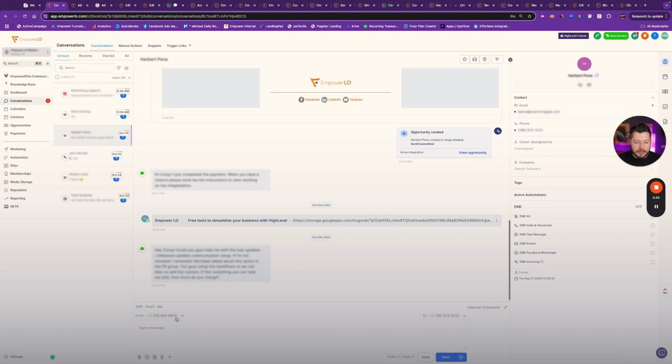So anyways, you have the ability now to come in here. I showed you the ability to do this in workflows recently, where in a workflow, you can define which phone number messages are being sent from. Now you can do it inside the conversations as well by just hitting that drop down there. Before, you had no ability to control this. Your only ability to control this was to use HighLevel's phone number hierarchy rules, which were kind of a pain to understand, much less remember. So this is a really cool feature that we're really excited about,